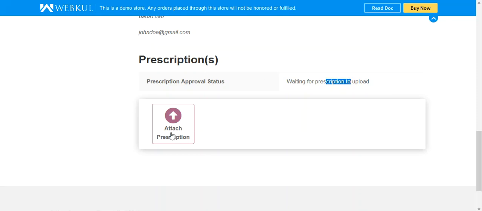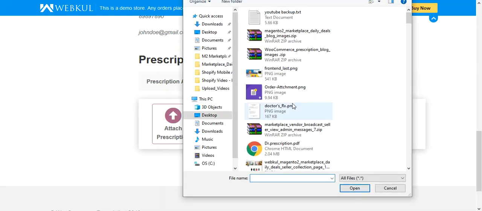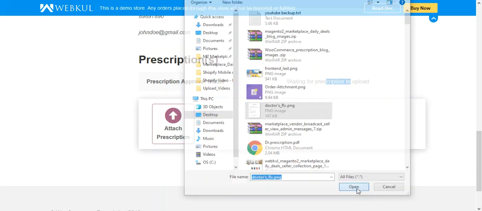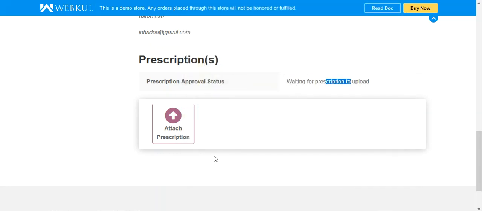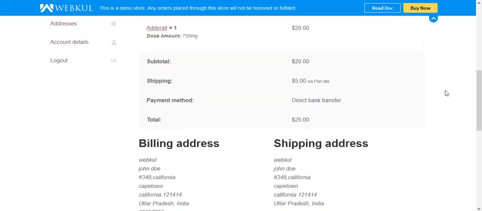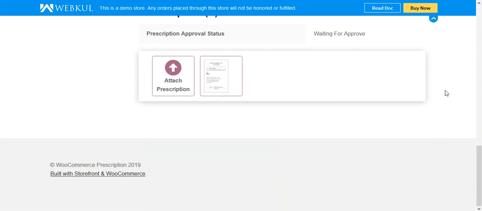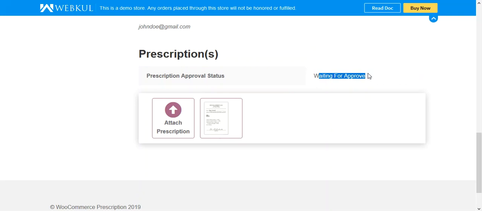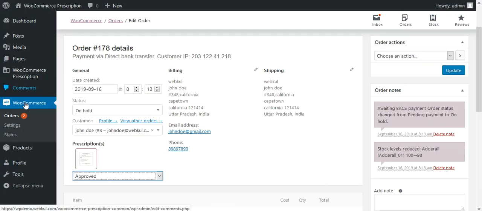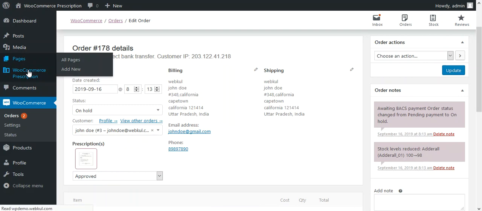So now at a later time the customer can upload his prescription once again. So after uploading it, we just need to refresh the page once to see whether it's updated. Yes. So now you can see the status. It says waiting for approval, and after the admin approves it from the back end, let's go to the WooCommerce